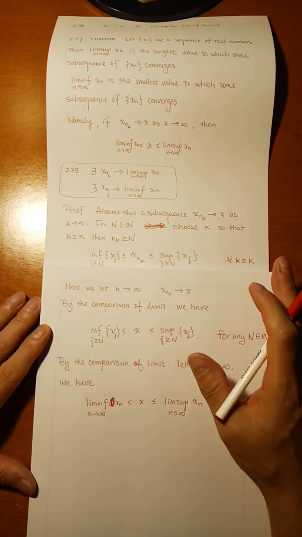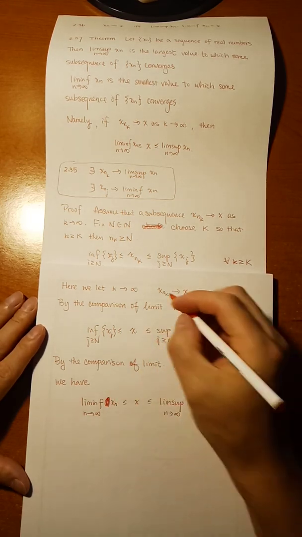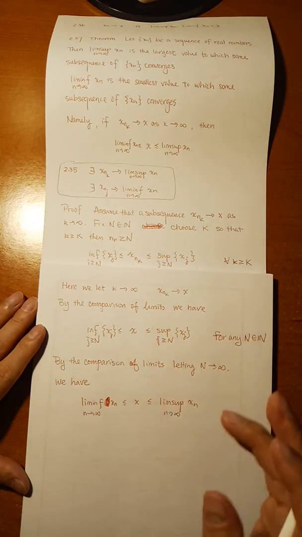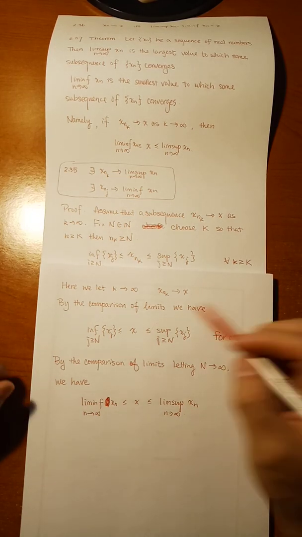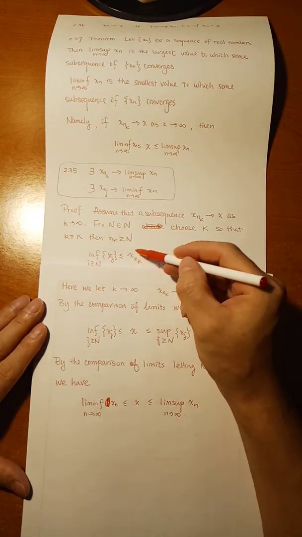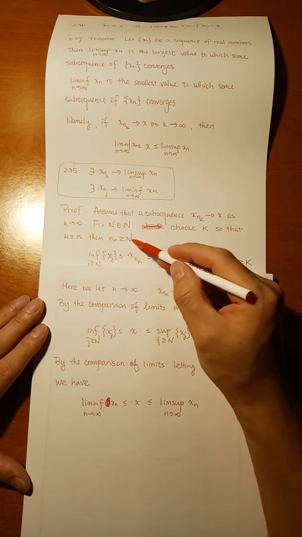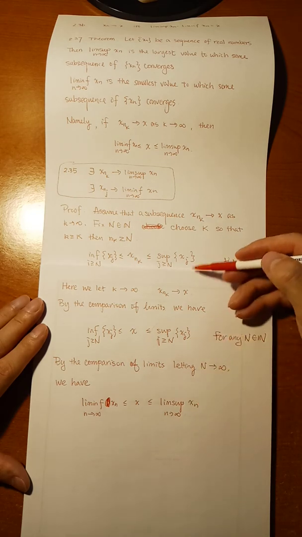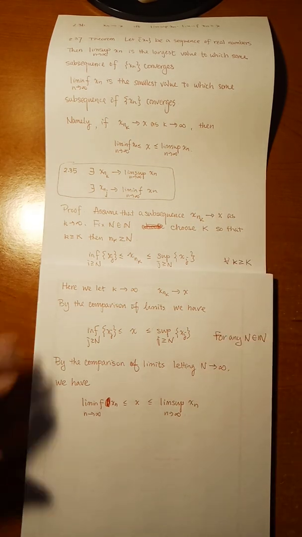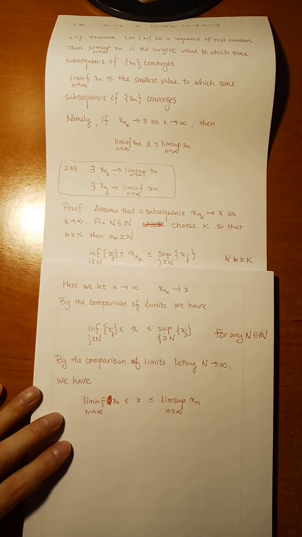Okay, so this proof is not difficult. It's just application of two comparisons of limits. But for those two applications of a comparison of a limit, you have to be careful about the order. You can only handle the middle term first, because the middle term is free with respect to capital N. After you get a fixed number, you let capital N approach infinity. Okay, so that's the point I want to emphasize.